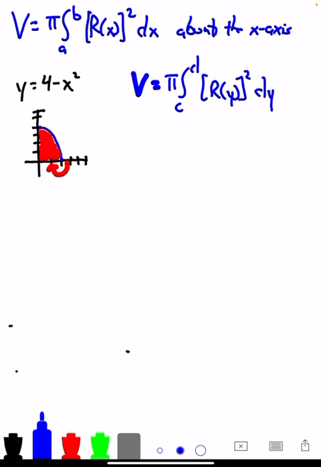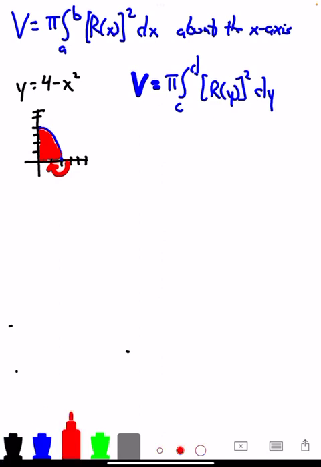So now our function is in terms of y. We're finding our antiderivative with respect to y, and we need to look at our boundaries on the y-axis. That's why, about the x-axis, it's from A to B. But about the y-axis is going to be from what? C to D. So we have to be careful because small things like that will throw us off. Another thing that we have to do,